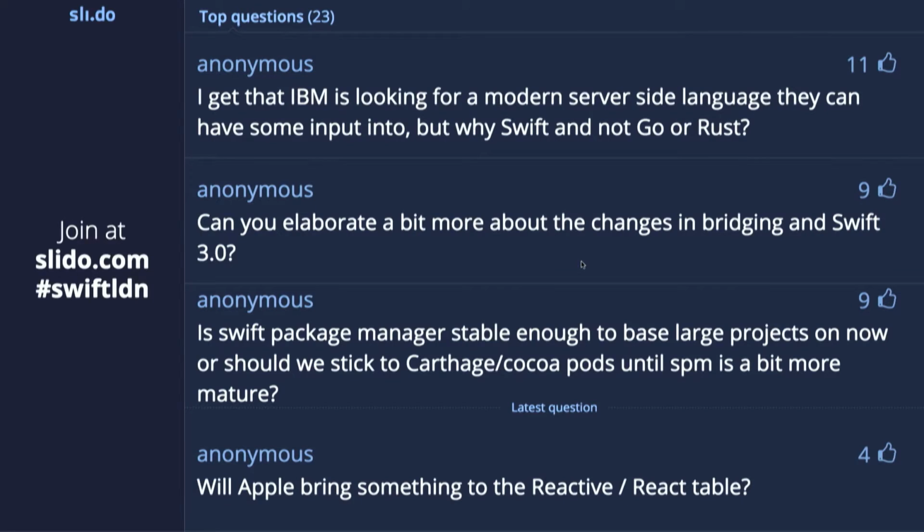I get that IBM is looking for a modern server-side language that they can have some input into, but why Swift and not Go or Rust? I don't know. It's a good question, right? There's three potential languages. I think one part of it is, I don't know if it's still true, but certainly 3-4 months ago, IBM had the single biggest Swift development shop in the world.